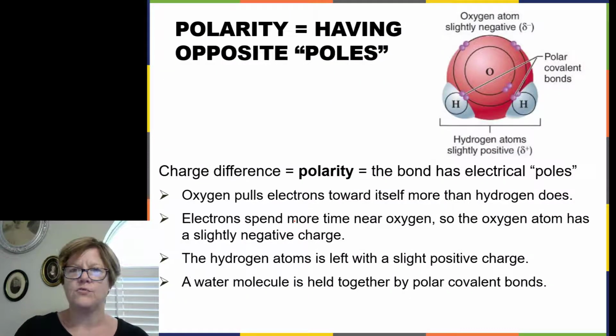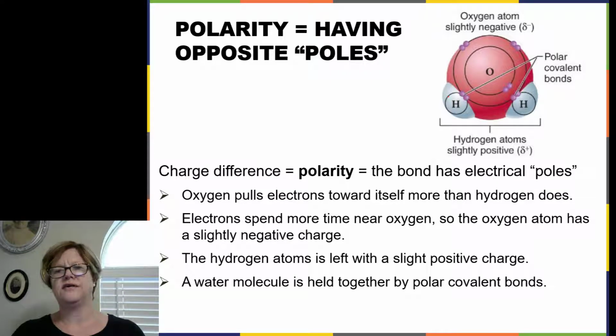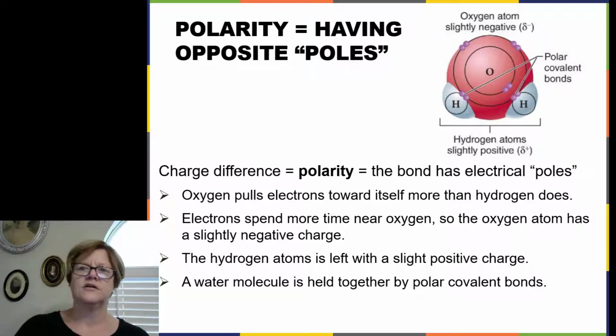All right. So I think I went through this. This is another way of drawing water here. This would be the space filling model. Actually, it's kind of a space filling model, and then it has kind of a Bohr model laid over it, but whatever. Here's oxygen and two hydrogens, so you can see that kind of V shape of the water molecule. All right. The oxygen, because it's very electronegative, it will pull all the electrons, and the electrons will